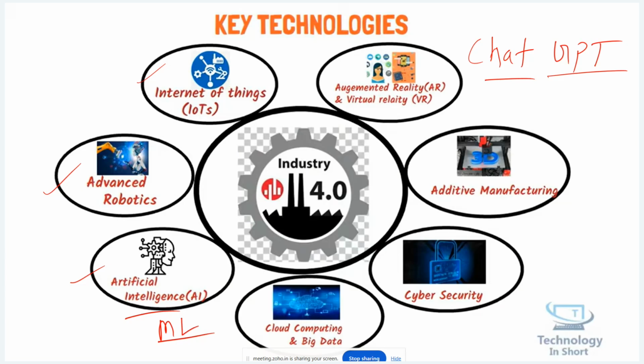Like if you want to write an article, ChatGPT will write the article within 2 minutes only. If you write the same article, it takes you at least 10 days. It will write within 1 minute only. And that's why it is replacing humans, especially developers. A developer will take a day to develop some coding program. ChatGPT will develop the same program within 1 or 2 minutes only. The same program which takes 1 day for one developer.